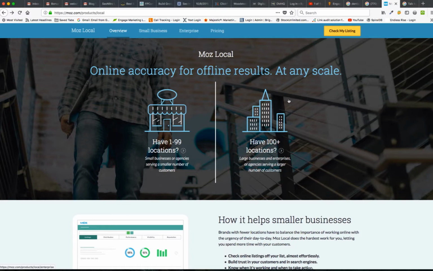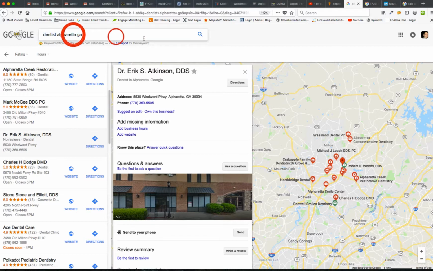So I'm going to run through real quick just how to identify if you may have some local listings out there in Google specifically, and how to potentially correct those. I did a quick search for a dentist in my area. We just did Dentist Alpharetta, Georgia. I went through and found one that I thought probably had some duplicate listings. I have no idea who this doctor is or who the practice is, but it was pretty easy to find a couple that probably had